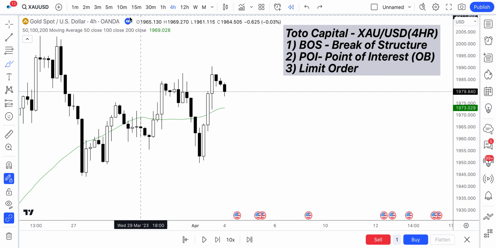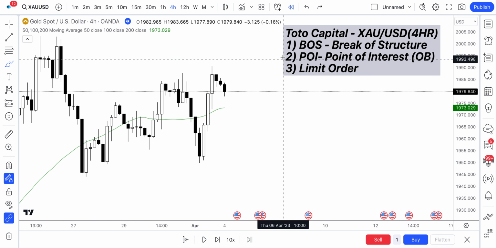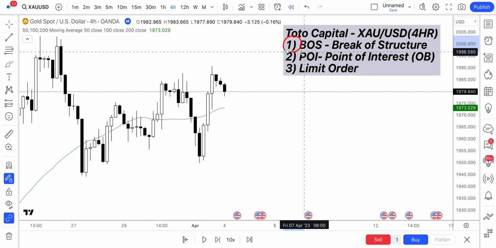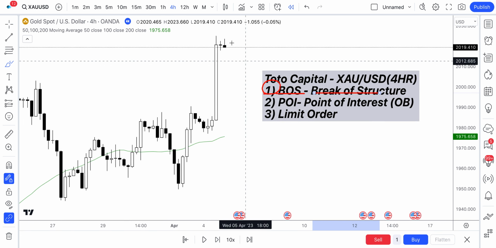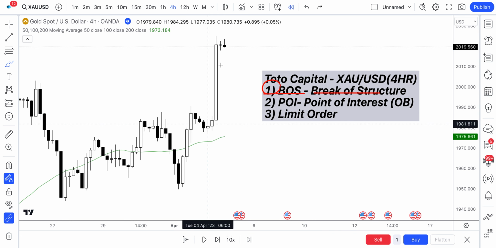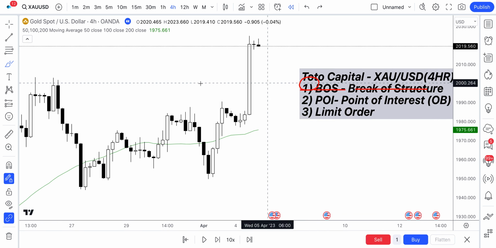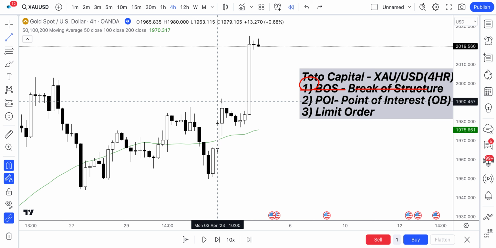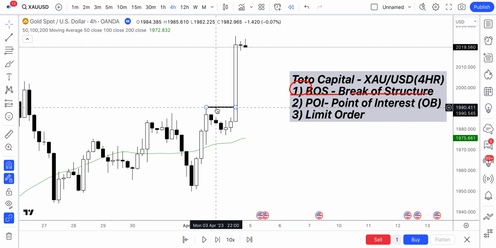This is XAUUSD, also known as gold, on the 4-hour time frame. So number one here is our break of structure. Okay, break of structure. We want to see an impulsive move to the upside if we are looking for a long trade. Okay, so clearly this move here is a strong break to the upside. You can see the momentum pushing price to the upside there. Okay, you can see clearly we have broke structure to the upside, so we can mark this on as a